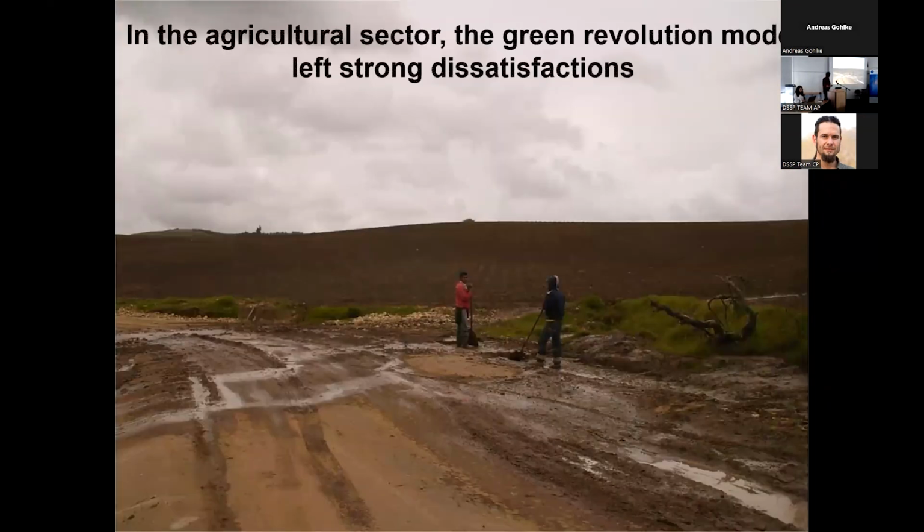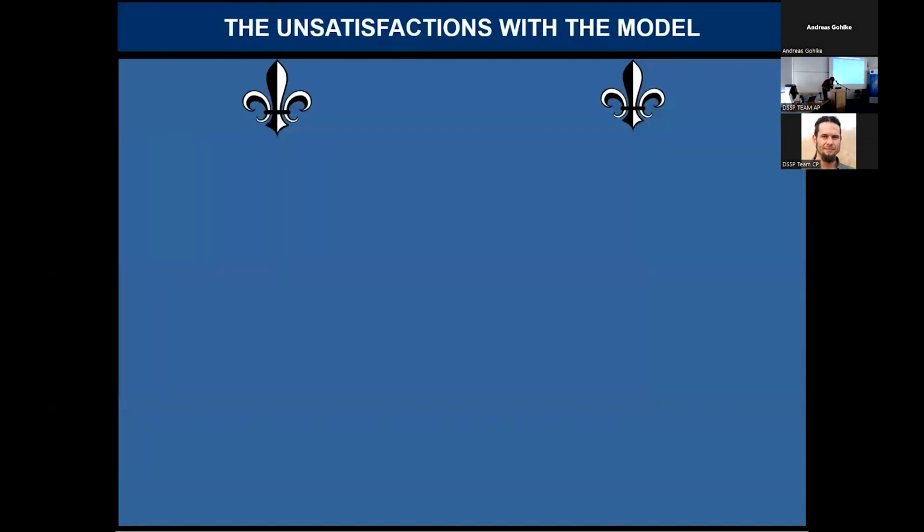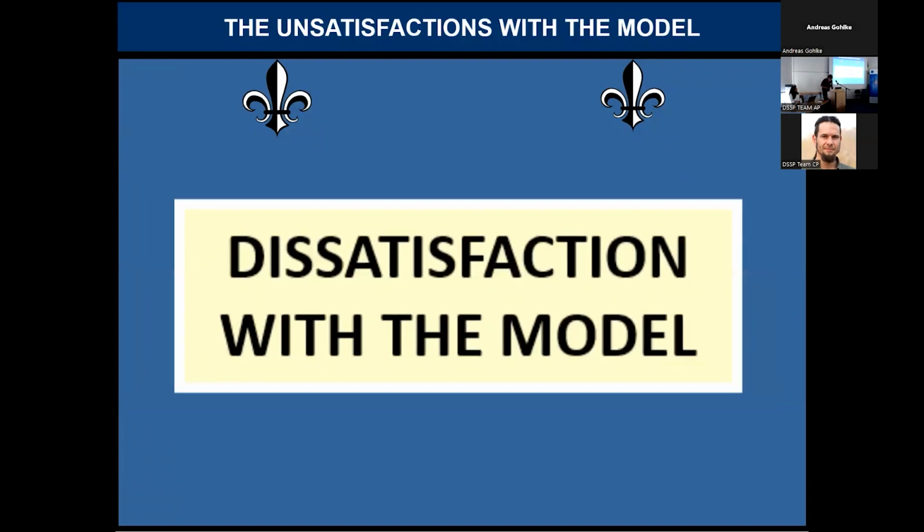But in the agricultural sector, the green revolution model left a strong dissatisfaction. You can see here an isolated tree, erosion, two very poor workers. The soil is here, and we have some dissatisfaction with the model. For example,